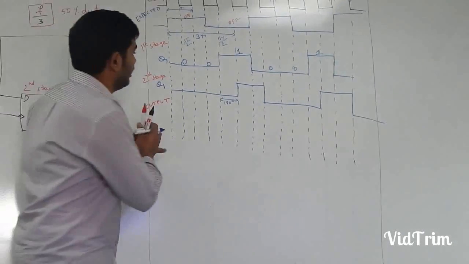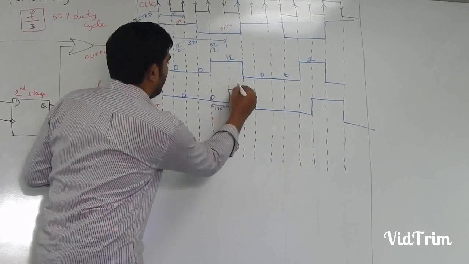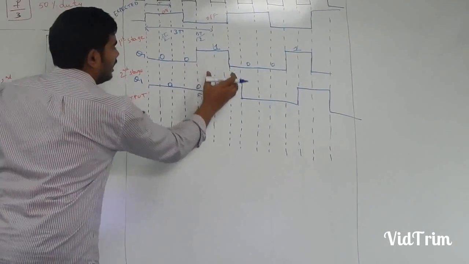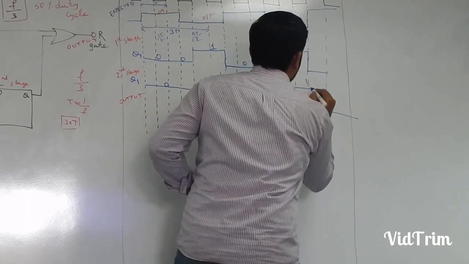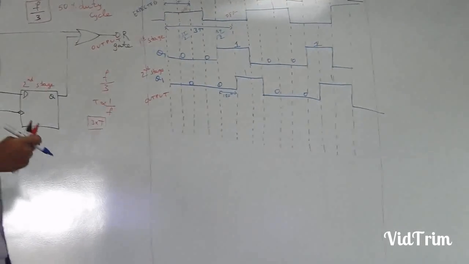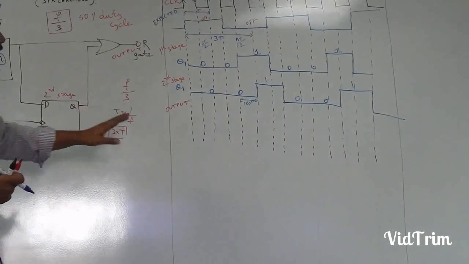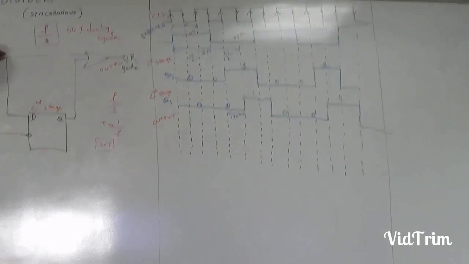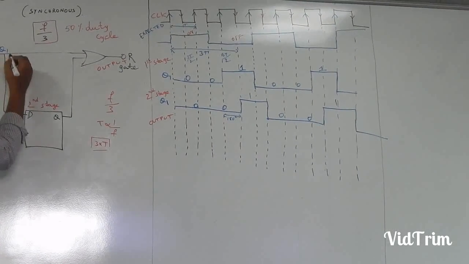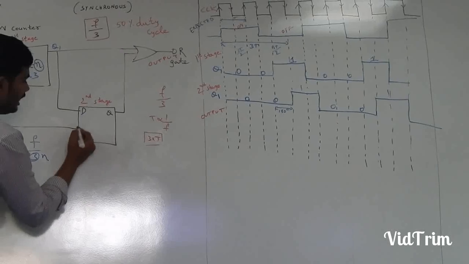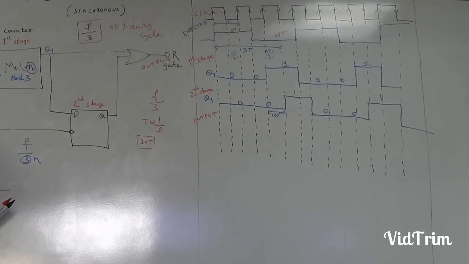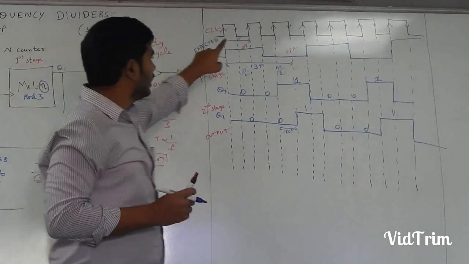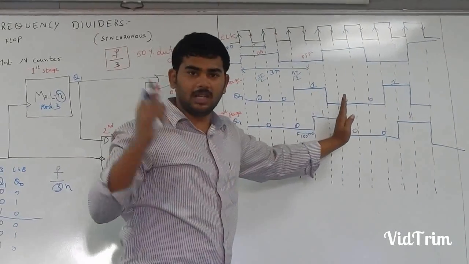Don't think the sequence is not repeated. 0 0 1 is repeated. From here also we get 0 0 1 again, 0 0 1 again, 0 0 1 again, like that. The sequence repeats from minus infinity to plus infinity. I can't draw all of it. So to be clear, the particular output I drew there, I am capturing at the negative edge of the same clock, thereby synchronous. Accepted? Agreed? So I'm capturing at the negative edge. This is delayed by half a clock pulse like we discussed.